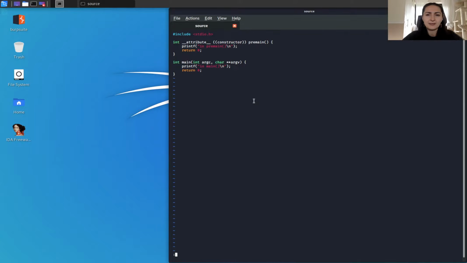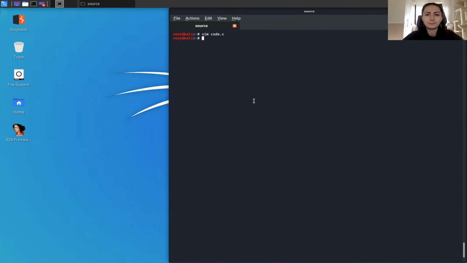Let's save the file and compile. GCC, okay. It compiled fine without any errors. If we execute the compiled binary, both of the functions should be called one after the other. Right, pre-main, main. Now comes the interesting part.